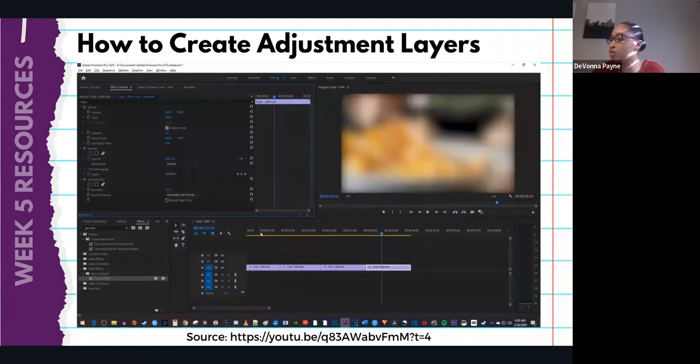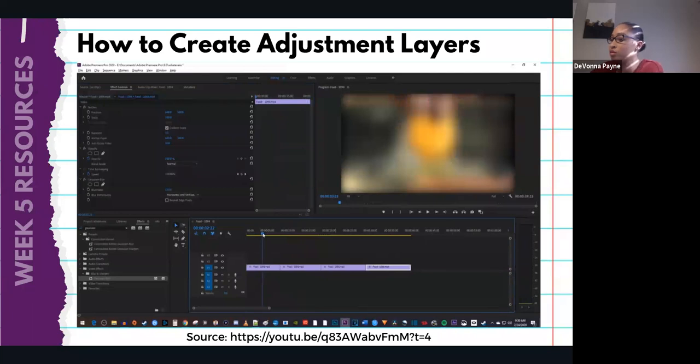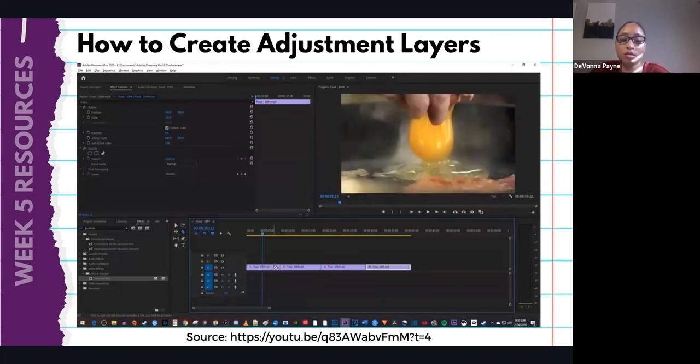And things get even more complicated if I wanted to add my blur effect to only the first half of my first clip as well as the others. Then I'd have to make another cut and add my effect to that new cutout piece. In no time, your timeline will get really messy and your project will take 10 times longer to complete. But luckily, all these issues can be solved with adjustment layers, so I'm going to undo adding my blur effect